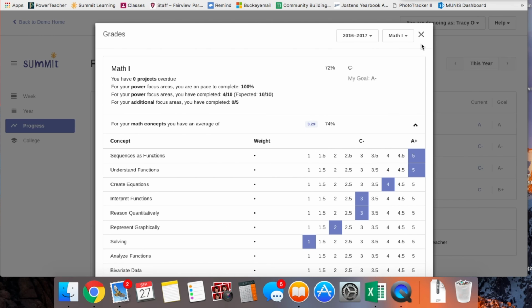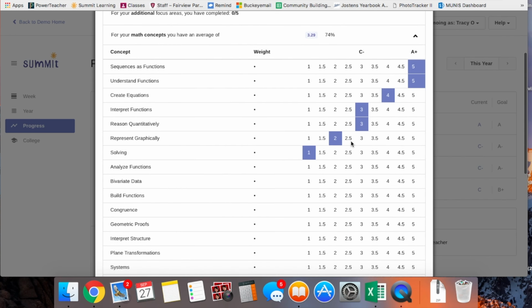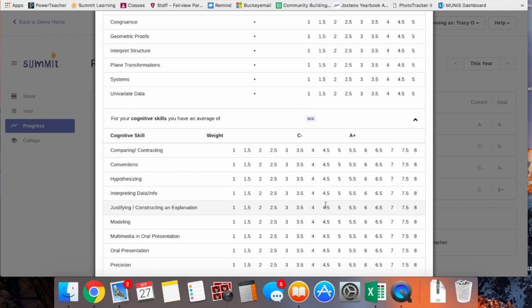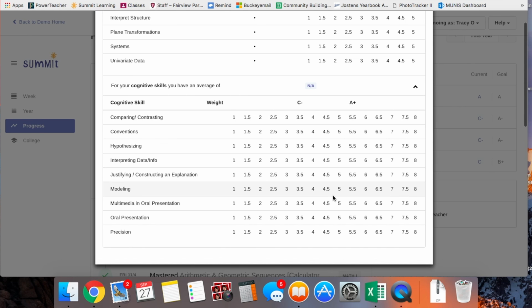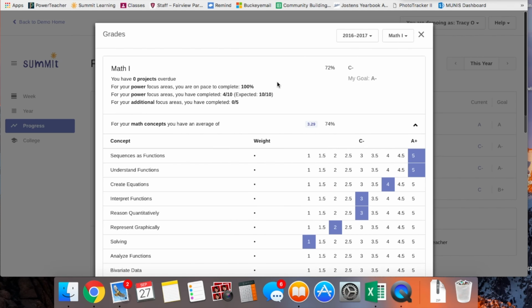Another thing to remember with the performance task is you can always do a retake on that performance task. So if you take it the first time and don't do so well, we can work on coming up with a strategy to get you ready to take a retake. Your cog skills will be down here. You will not have any cog skills until the end of the first semester for your midterm in probably January.